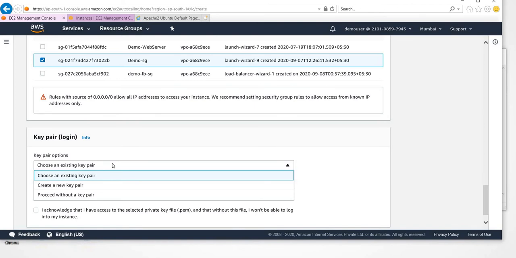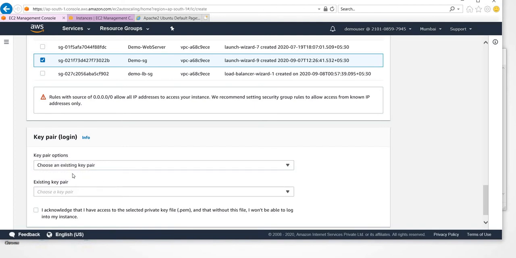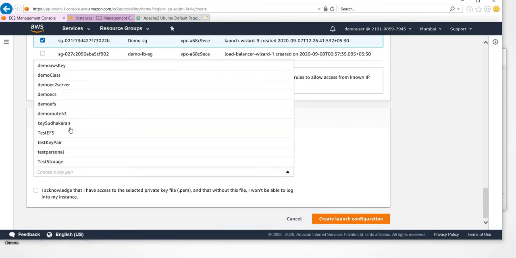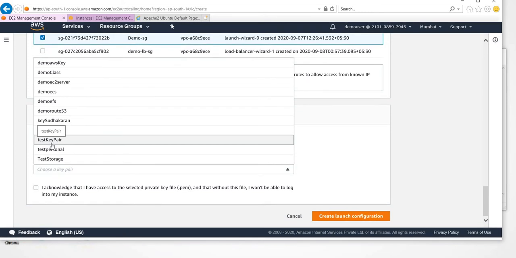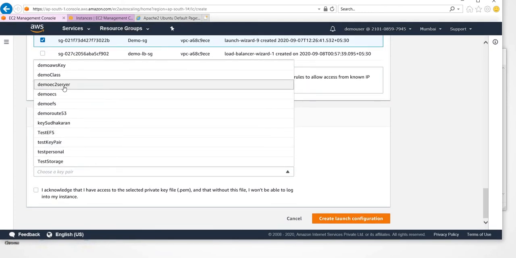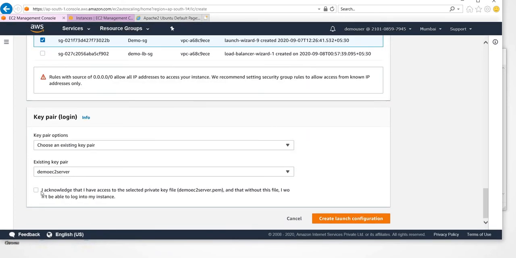So either you can go without any key pair, or for demo purposes, if you want to log in and see whether everything is installed, or do some debugging, we can use the key pair. I will choose an existing key pair, the same key pair I used for the other instances, demo EC2 server. This is the one.